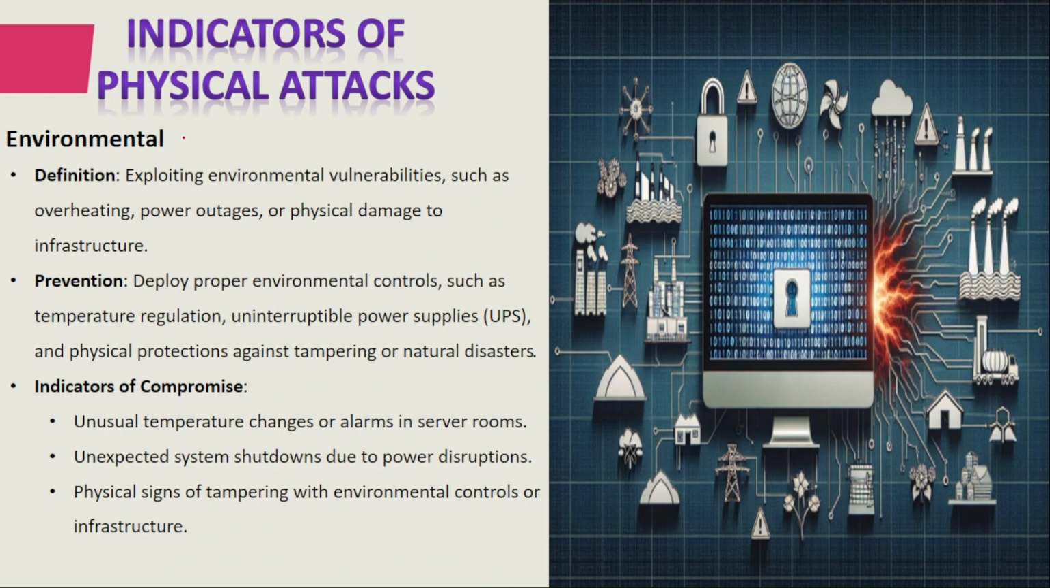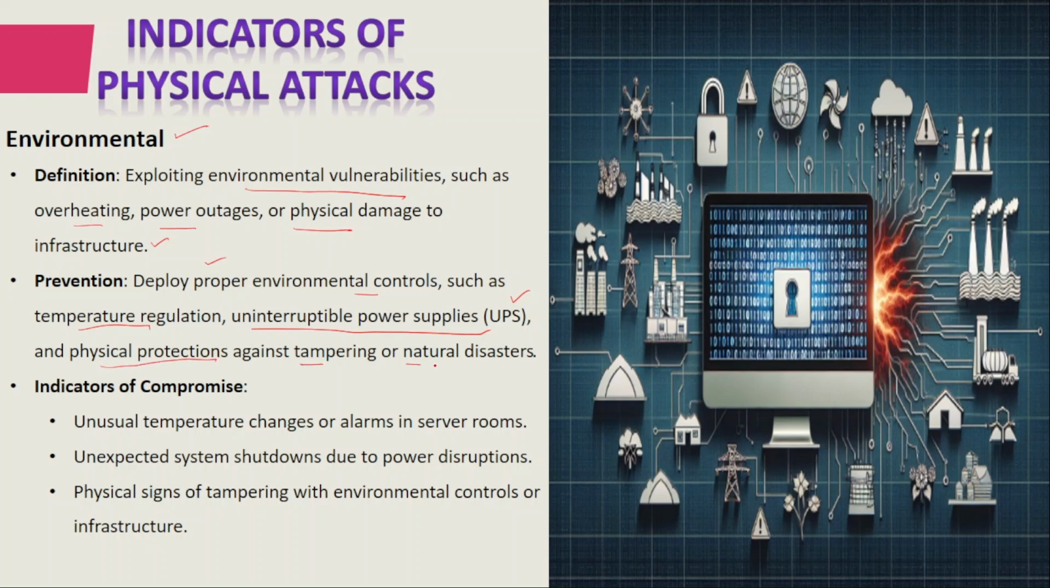Another physical attack and its indicators include the environmental. So it is exploiting environmental vulnerabilities such as overheating, power outages, or physical damage to the infrastructure. Prevention include deploying proper environmental controls such as temperature regulation, uninterrupted power supply that is UPS, and physical protection against